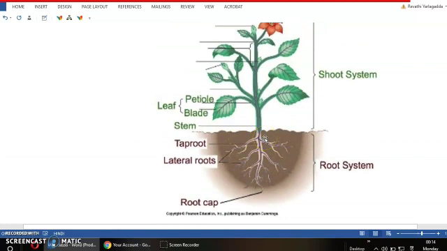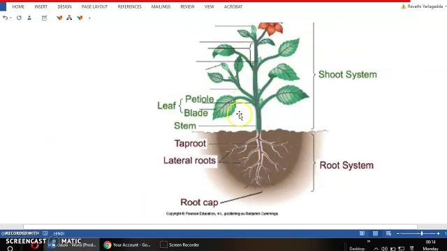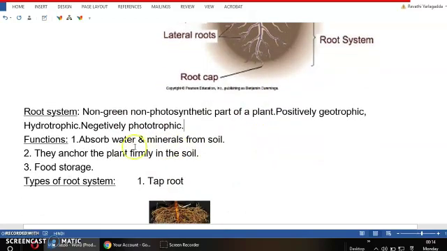Without a root, we don't see any plant growing. If the root is cut, there would not be any stability for a plant to stand up in the ground. So the root is that which is giving stability for a plant to stand up firmly in the soil or in the ground. By anchoring the plant, by fixing the plant in the soil, they are giving stability for a plant to stand up in the soil.